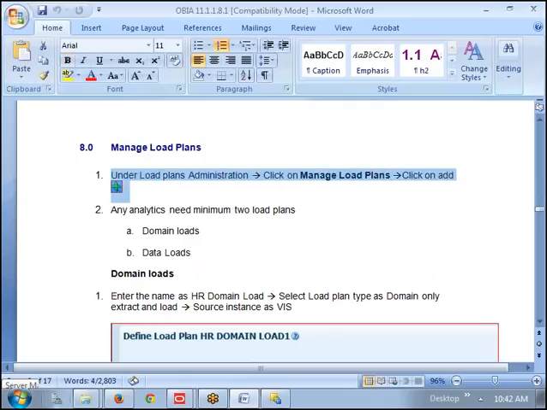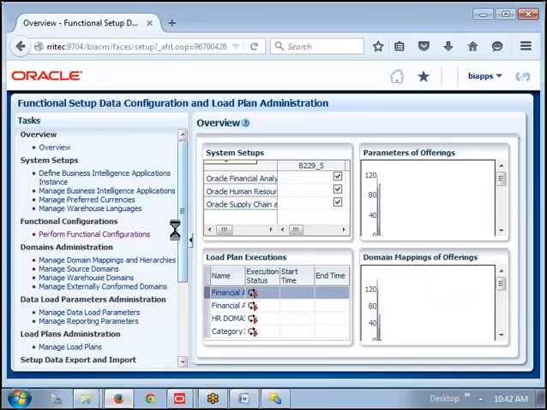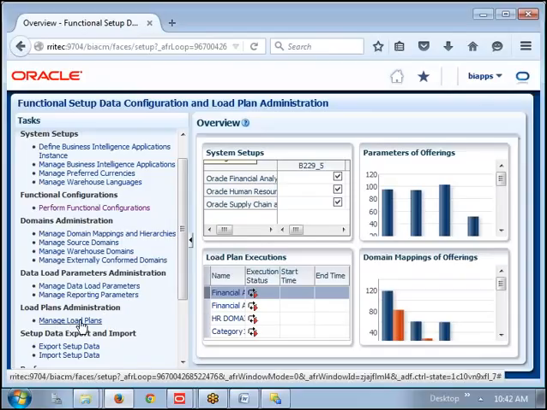Click on the add load plan option. This is the add option that is available. For example, I am going here. There is one option called load plan administration. Then you can see the manage load plans option. If you click on manage load plans,